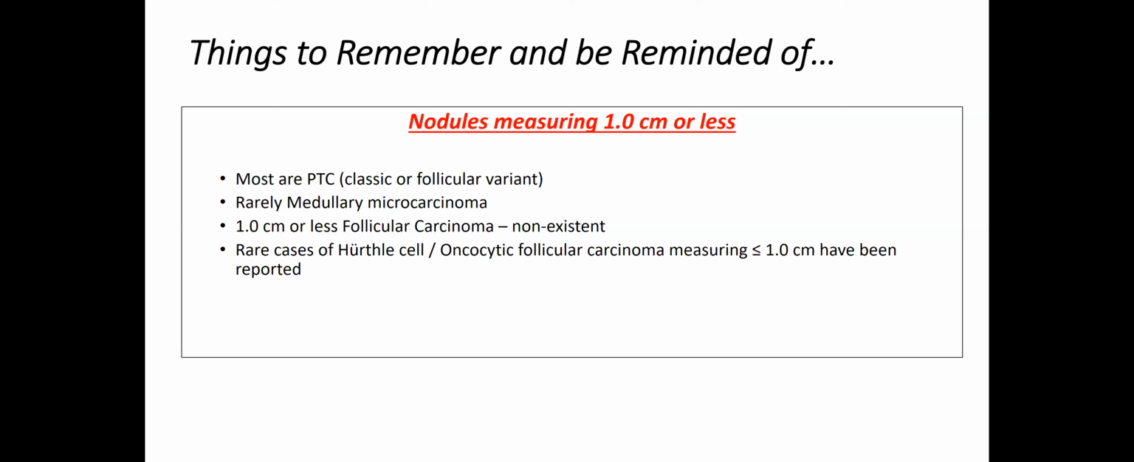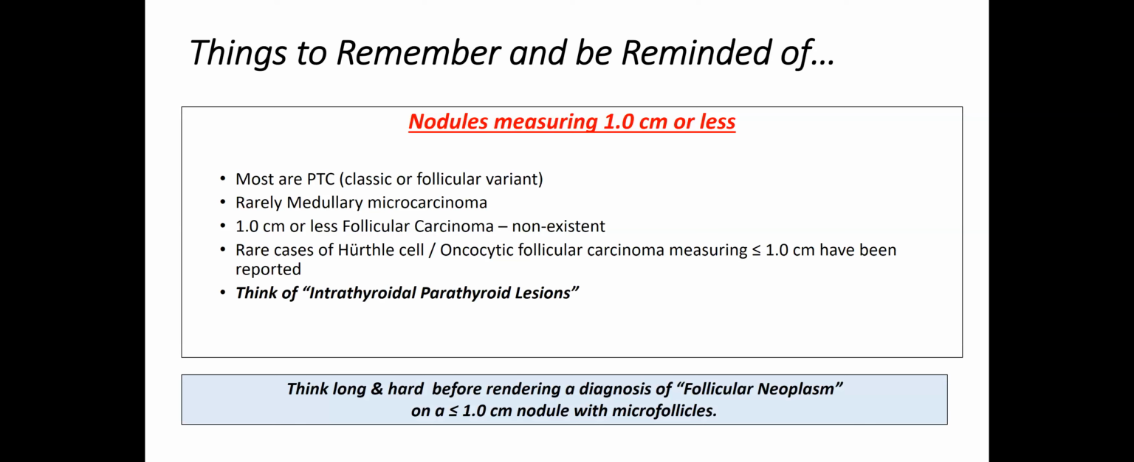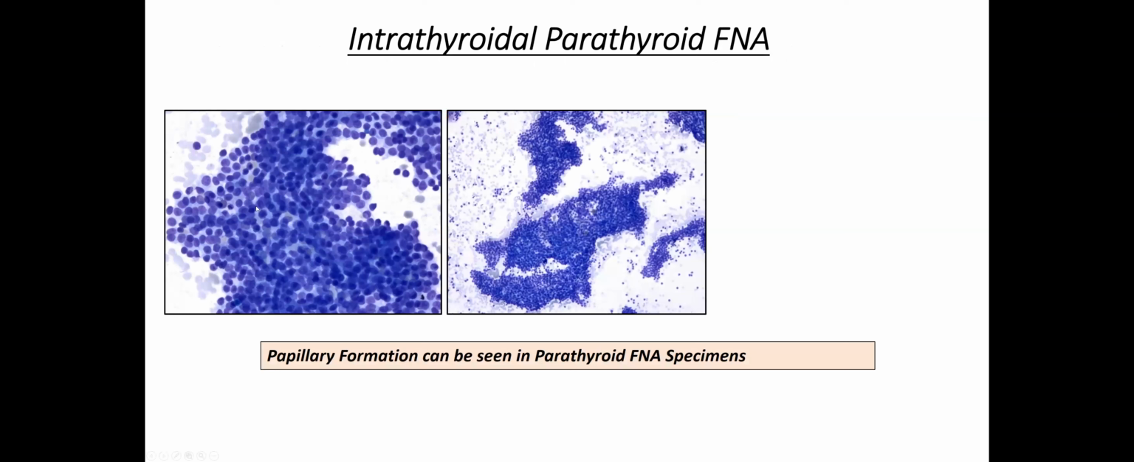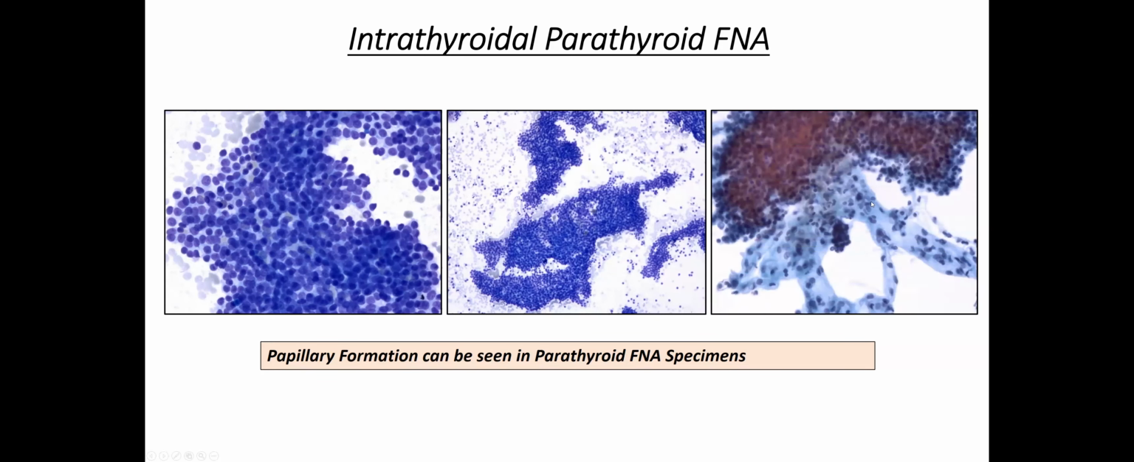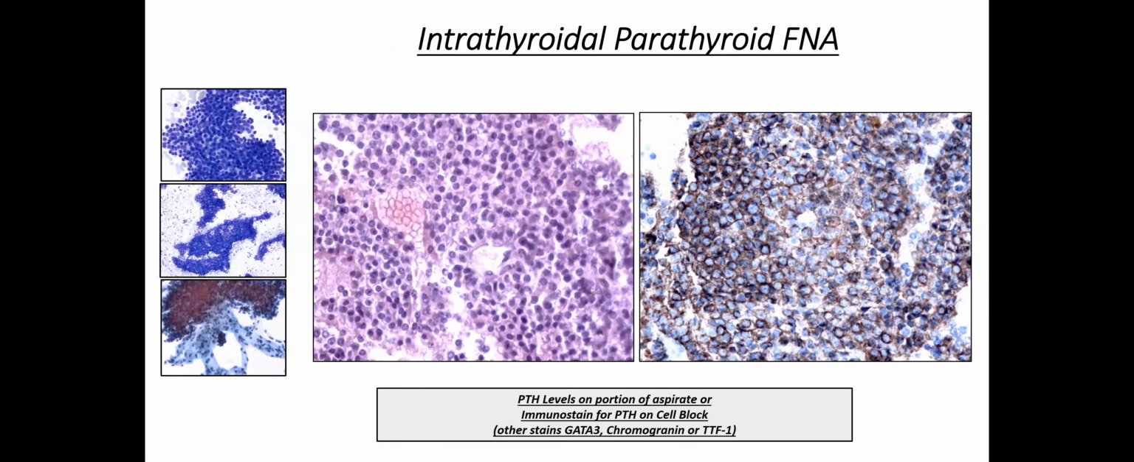There may be one case report somewhere. Medullary thyroid carcinomas can be 1 centimeter. So before you say that this is a follicular neoplasm, think of intrathyroidal parathyroid lesions or adenomas. They can occur within the thyroid and mimic a follicular neoplasm by a population of monotonous cells, a lot of nuclear overlapping and crowding, papillary grouping, and even blood vessels within them. In those cases, if you get a cell block, you can do a GATA3 or PTH stain